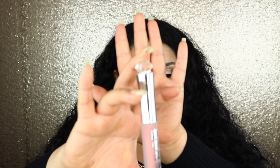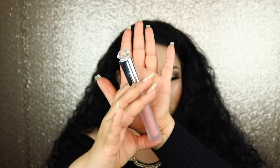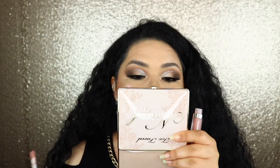So for gloss, I'm going to use my favorite and the first lip gloss I bought from Buxom ever, was this one right here. And I had to get the limited edition packet with the little diamond on top. Look how cute that is. So this is White Russian. Such a pretty gloss. So I'm going to do this on top of this. Seems kind of dry, so